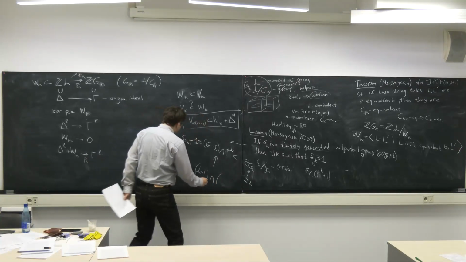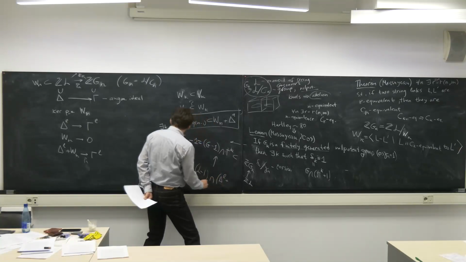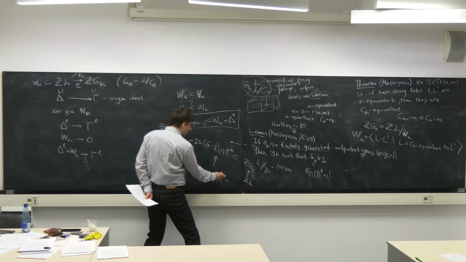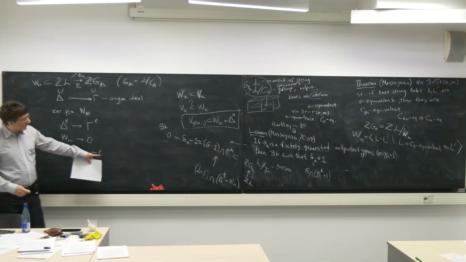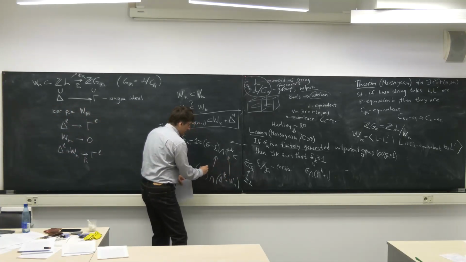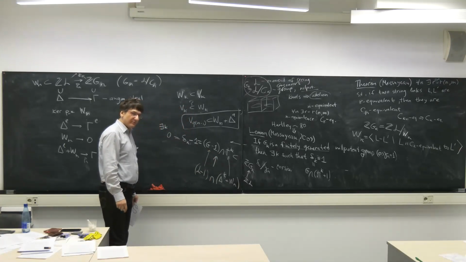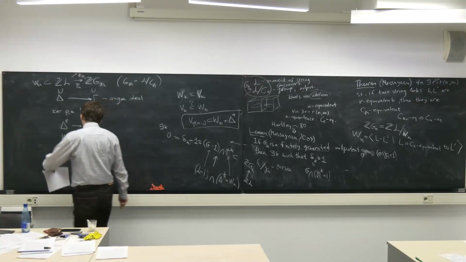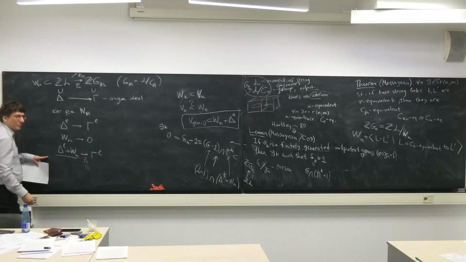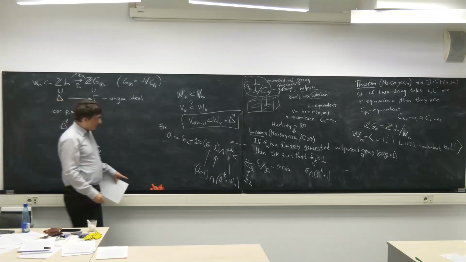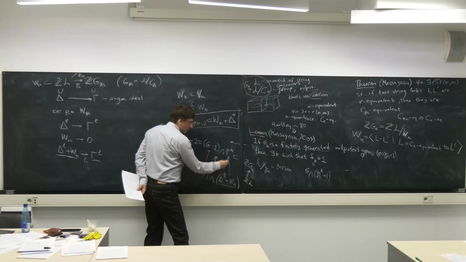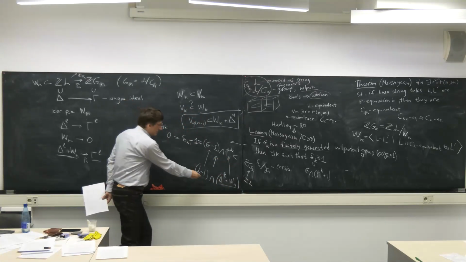So here I'm writing this delta to the power k plus Wn. Because this goes to gamma to the power L, so this goes here and this goes here. This intersection goes to this intersection. So I just wrote this sum there in the bottom. Delta to the power L plus Wn goes to gamma to the power L. Here I just changed L to k and wrote this sum. It goes to gamma to the power k. Okay? And this goes to this